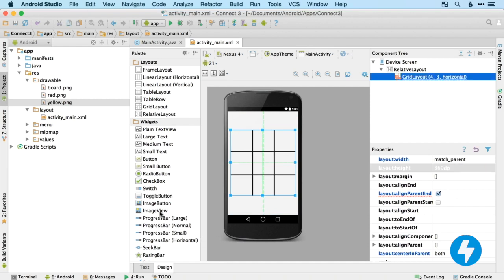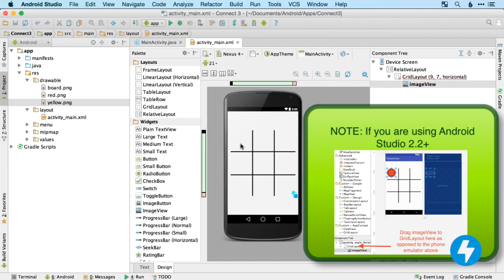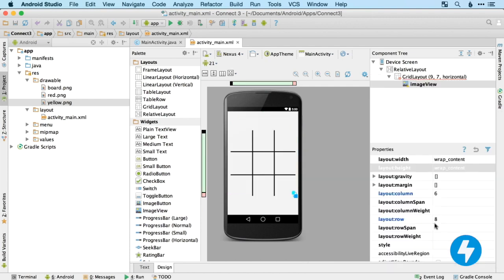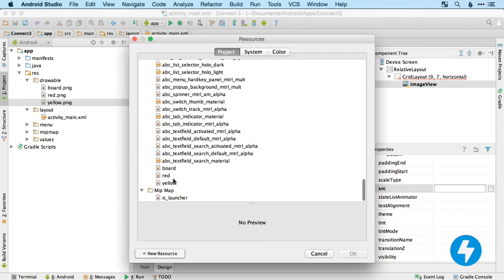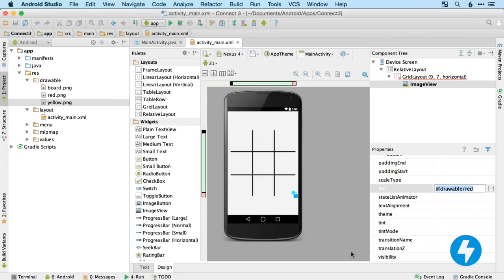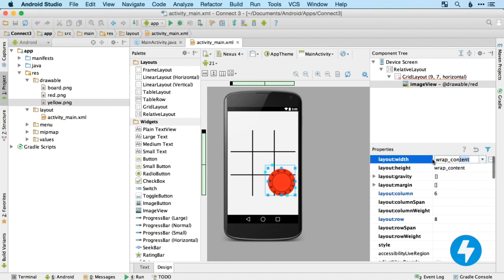So now I'm going to grab an image view. This is going to be for my first counter, and you can see even though we've set the grid layout to 3x3, we've still got loads more rows and columns than we need. Don't worry about that. We'll sort that out in a minute. So you can drag that wherever you like, and then we'll just set the SRC to the red counter that we added a moment ago. There we go. It's a little bit too large at the moment, so I'm just going to make that a little bit smaller. Let's go for about 90